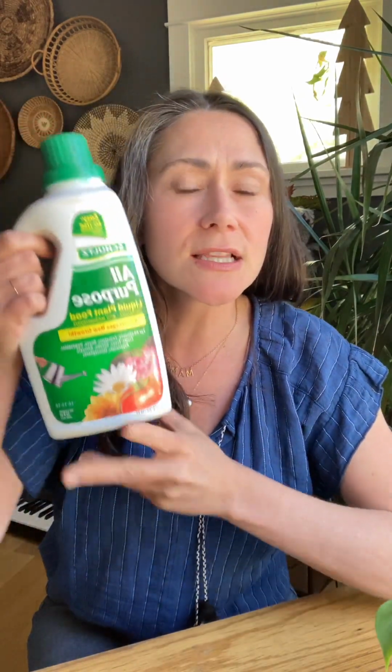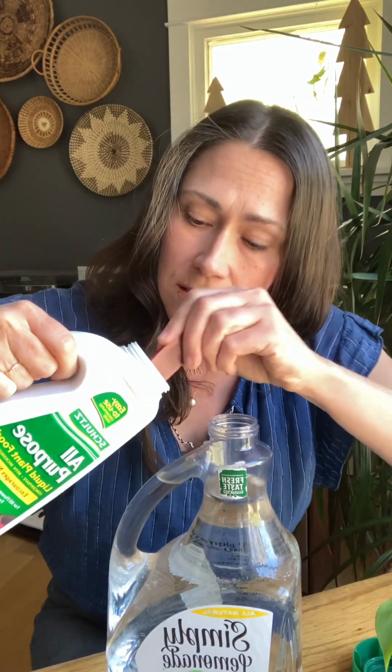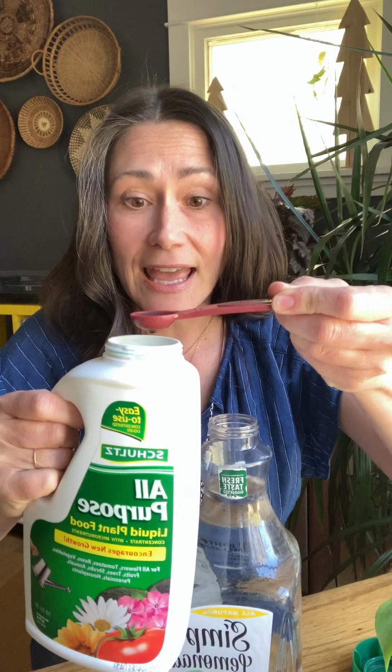You're going to look for liquid. You will have solid options as well, but I'm going to suggest liquid to start. And here's what you're going to do. We're going to go through the process right here. There are instructions on the back. In general, what I'm going to say to you is read the instructions and then do half of what they say. So this says a tablespoon or a teaspoon per gallon of water, so I'm going to do a half. I have a jug that is a gallon, and I take half a teaspoon